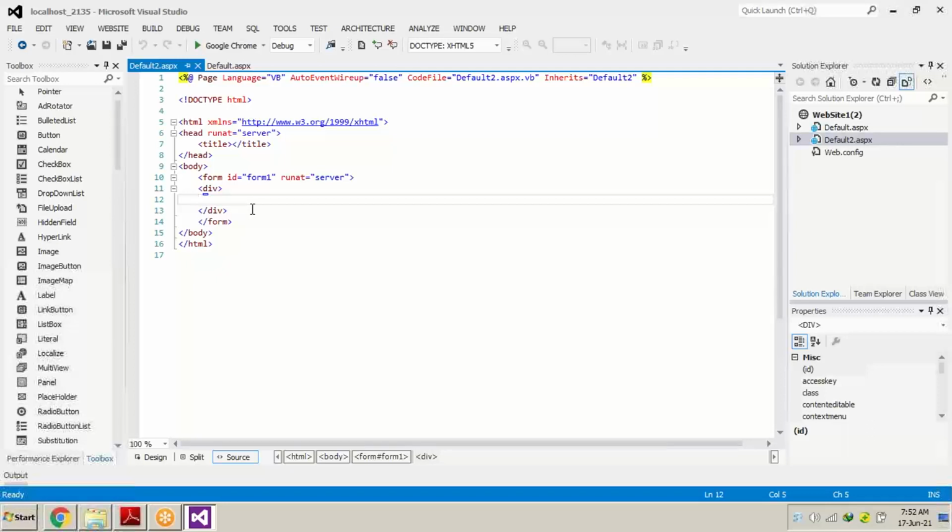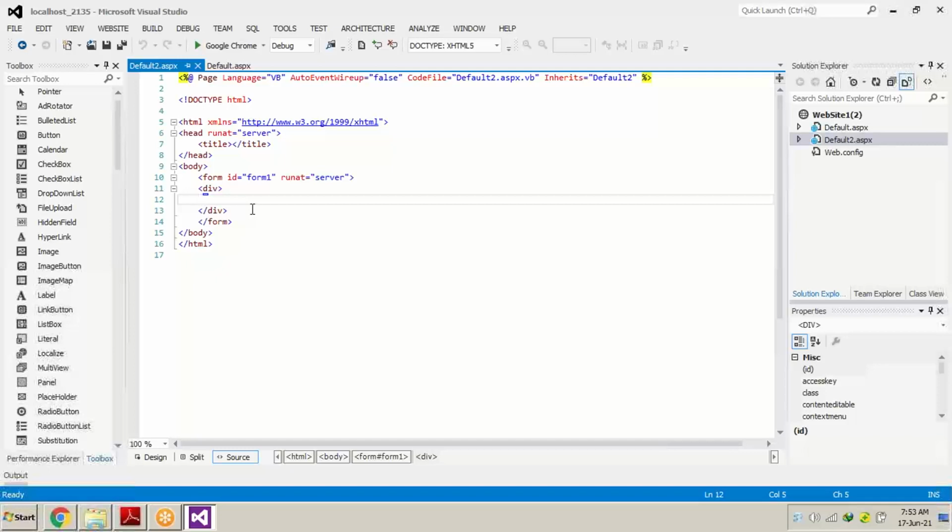So I will be designing a small login form, a very simple and very beginner login form, without any color, without anything, just simple, just dragging and dropping. But before that, I would like to teach you how to design a table. A table means it will have some columns, it will have some rows, and inside that particular column we will be putting our controls.